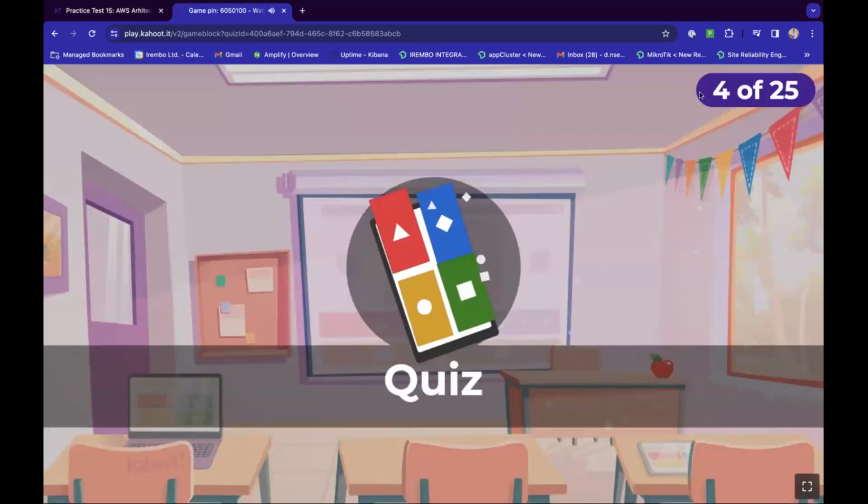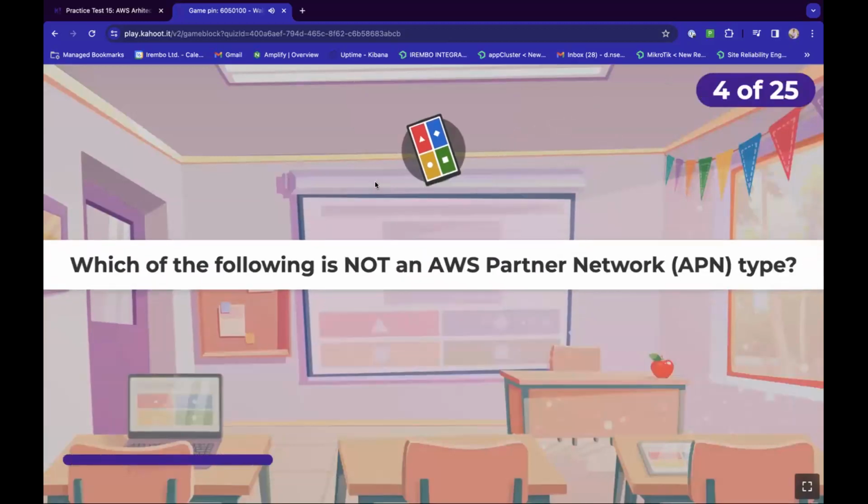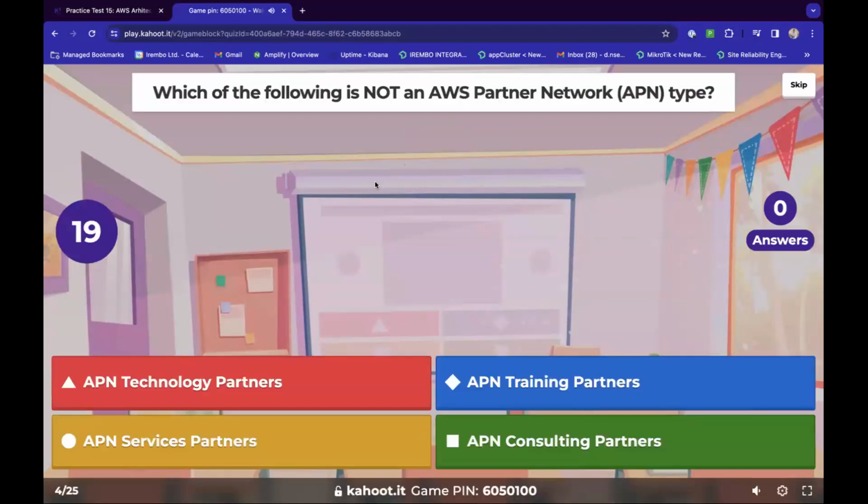So let's go to question number 4. Which of the following is not an AWS Partner Network type? APN network partners, APN training partners, APN service partners, or APN consulting partners?